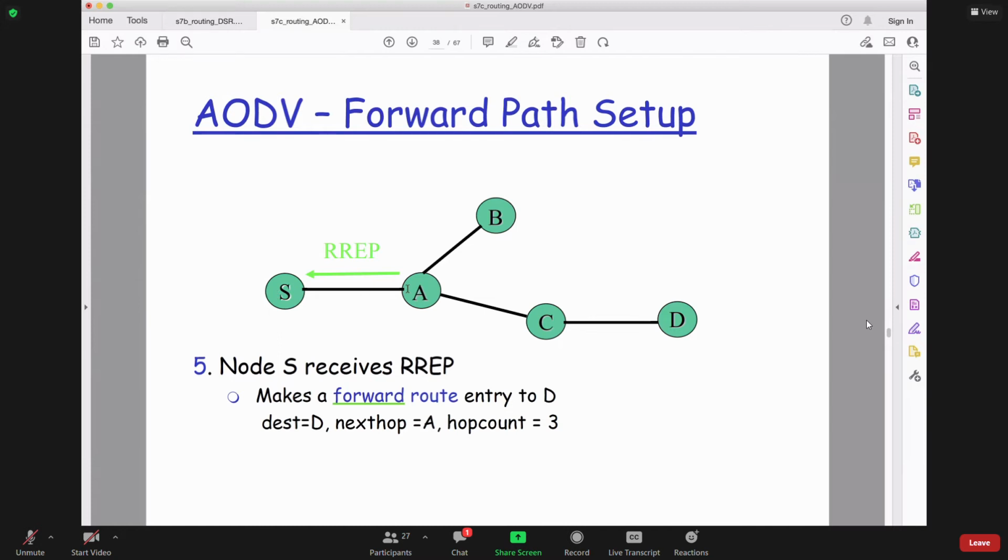So A received from B, forwarded to S, then receives another route reply from C. This route reply has a larger event number than the event number in B's reply. Then A will forward that to S as well. Or